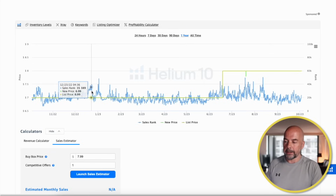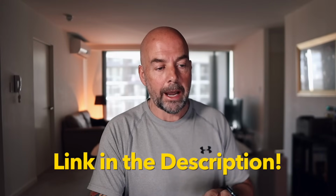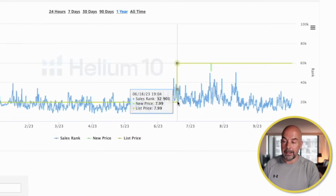So now what we can do is look at the bestsellers rank of this particular book, and I've got this data from Helium 10, for which I've got a paid account, and you can get this plugin installed which will show how your bestsellers rank for a particular book varies over time. So you can see here I had the price at $6.99. June the 18th I increased that to